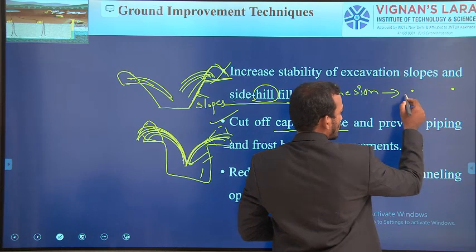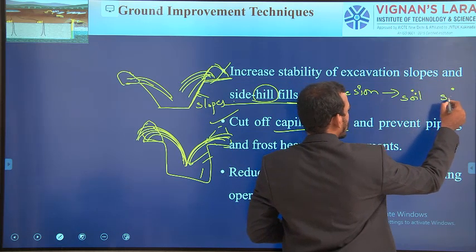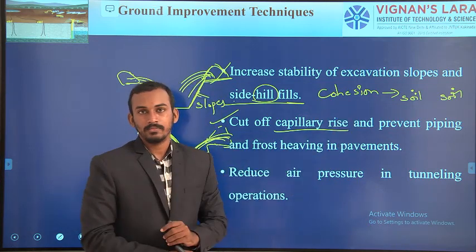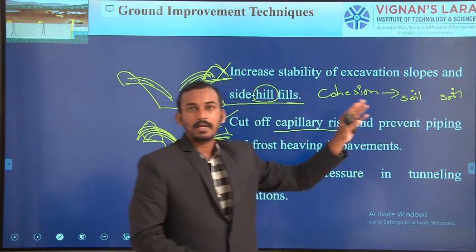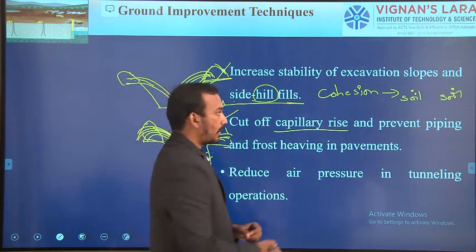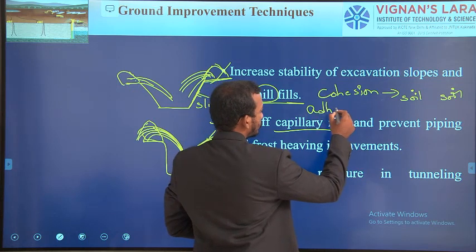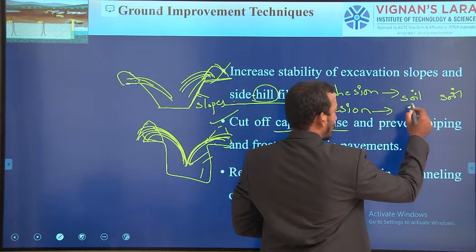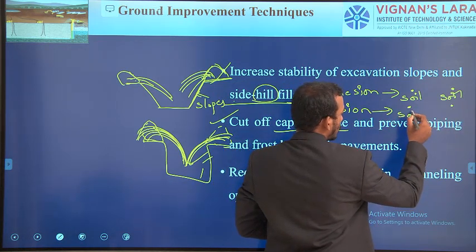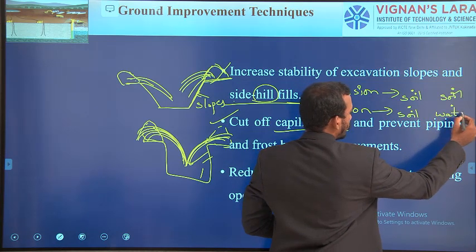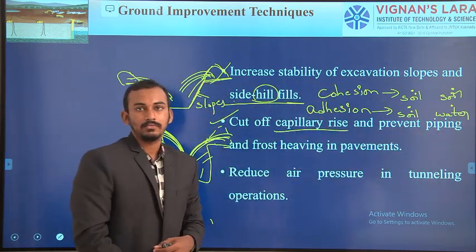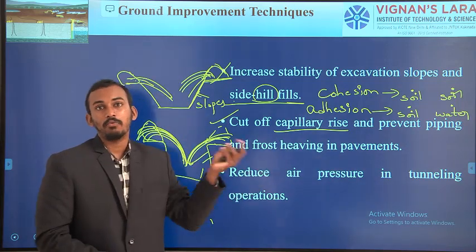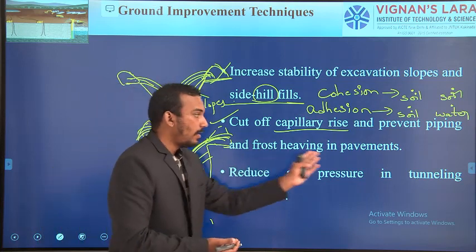If this is one particle and this is one particle, if both the particles are soil, or both the particles are water, or both are anything but the same, the attractive force between two similar particles is known as cohesion, that we already know. But there is another word called adhesion. Adhesion means it is also an attractive force, between two different particles. The attractive force between soil and water is known as adhesion. Due to adhesion, the water may rise in an upward direction, which imparts some pressure on pavements.